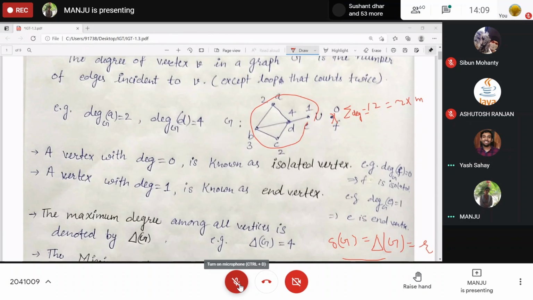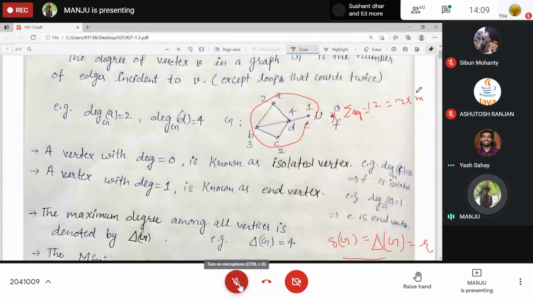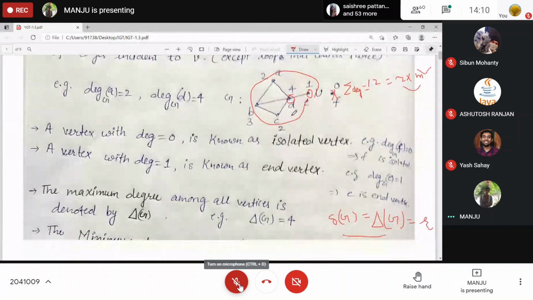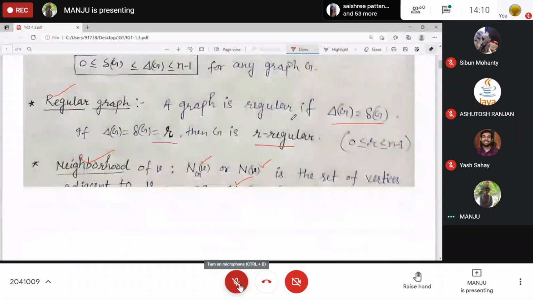Something like that. M is the number of edges, right? And each edge is counted twice, in both degrees, in this one as well as in this one. That's why each edge is counted twice. That's why it's 2m. Okay? Clear? Yes, ma'am.